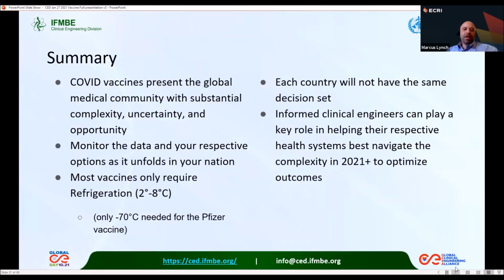So in conclusion, the evolving landscape of COVID vaccines presents the global community with substantial complexity, uncertainty, and opportunity. It's important to continue to monitor the data in your respective options as things unfold in your nation. The good news is that most vaccines are only going to require refrigeration between 2 and 8 degrees Celsius. An important consideration is that each country will not have the same decision set in terms of your number of vaccine options and their safety and efficacy profile. However,